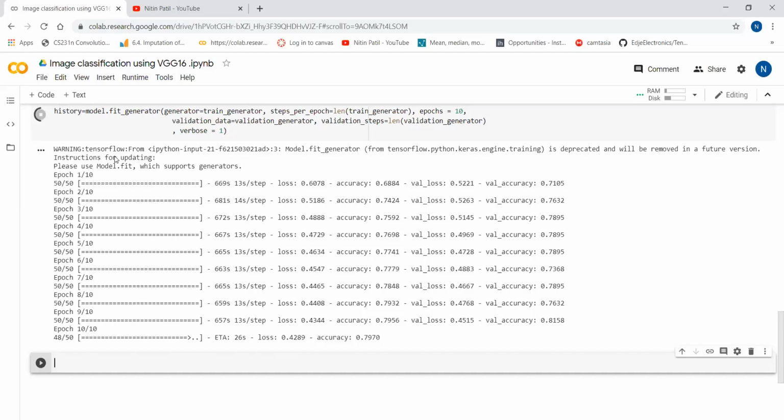I have shown this in previous videos, so you can refer to those. Now we will load one sample image and see how our model is performing. We have already written the code for this in the last video, so I will copy that code.